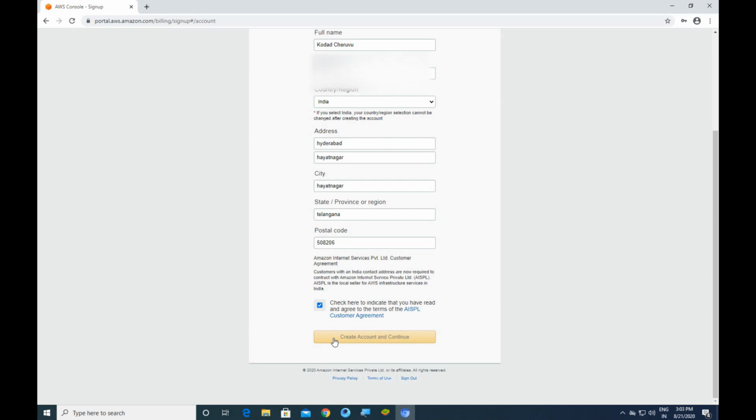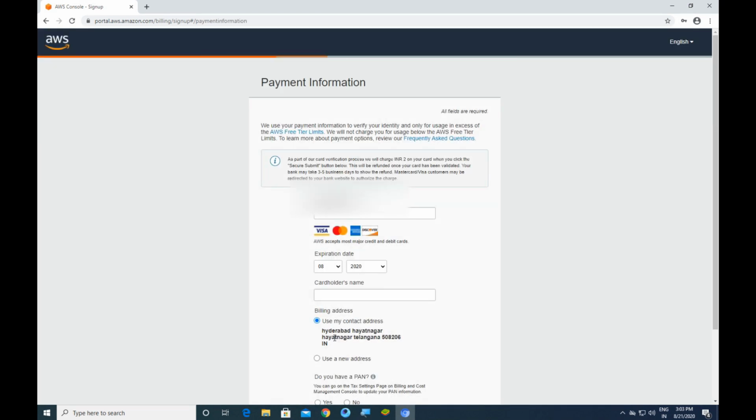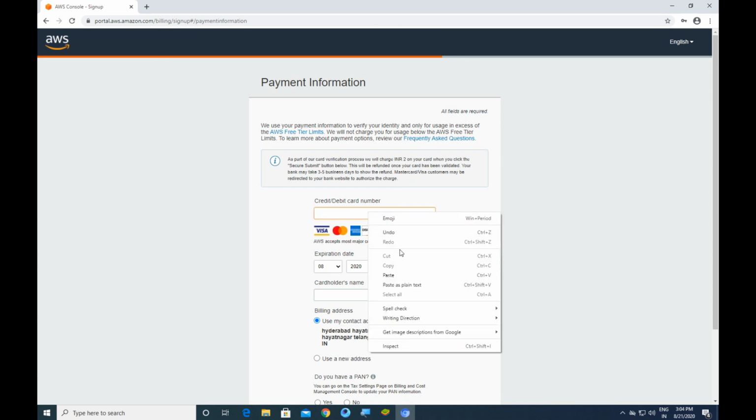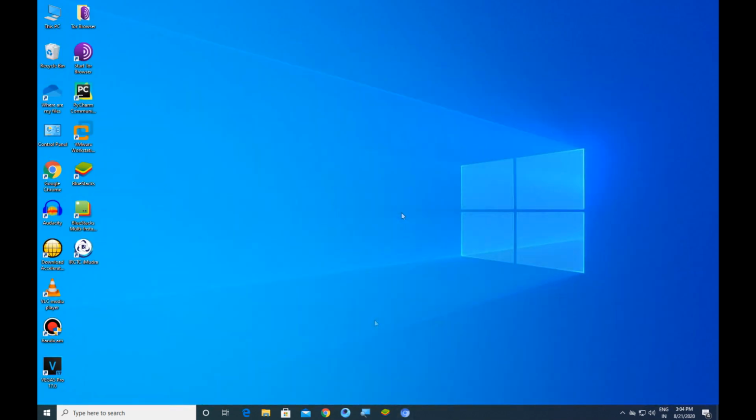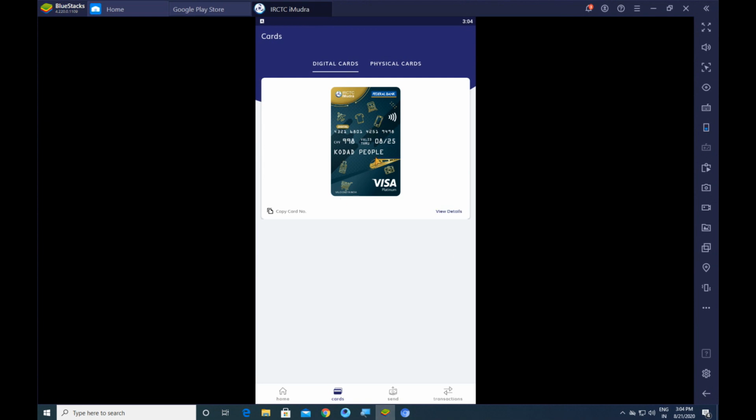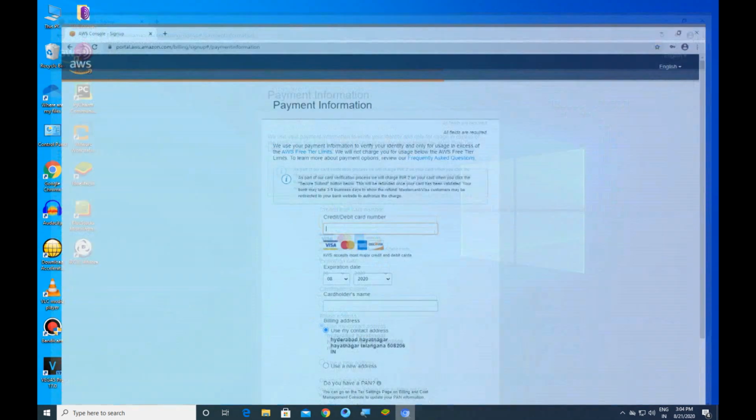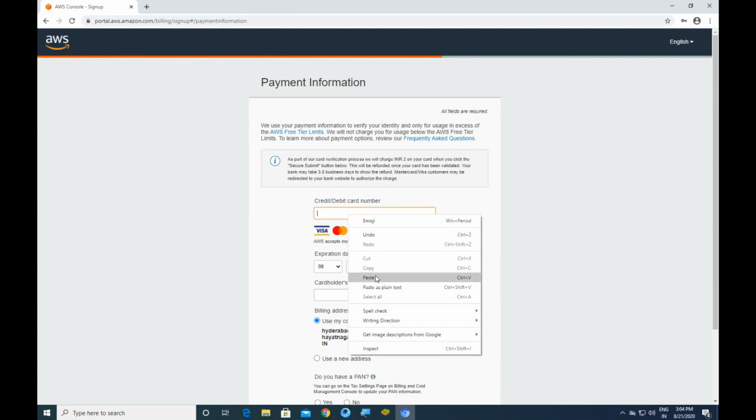Now you have to enter the credit or debit card number. As we have the IRCTC card, please go and copy the details of that card and enter all the details of that card in AWS.